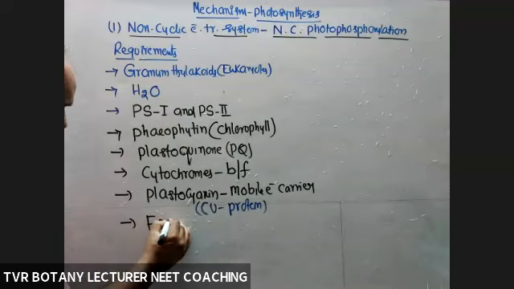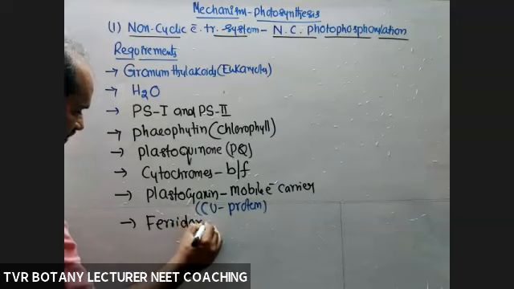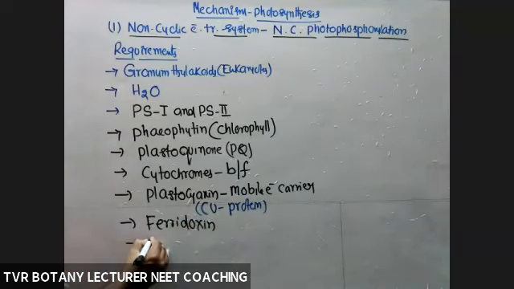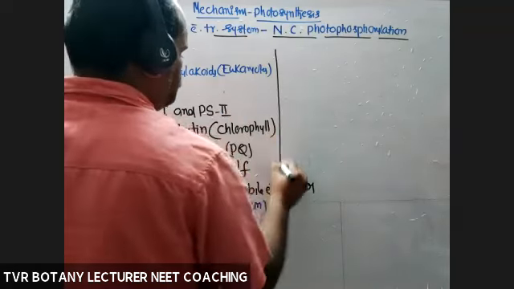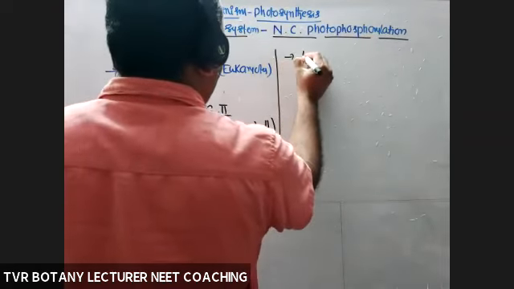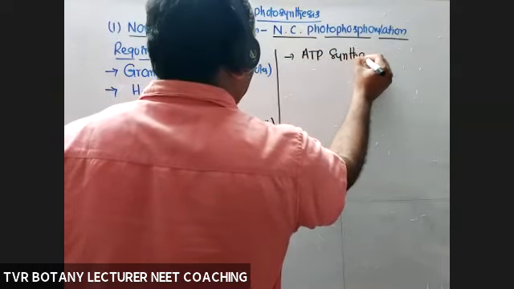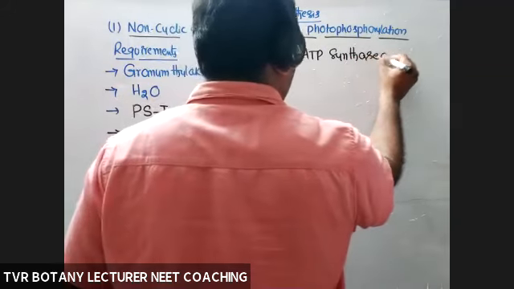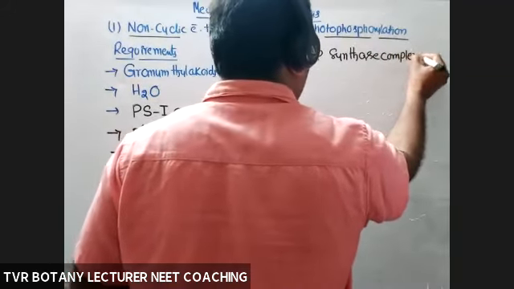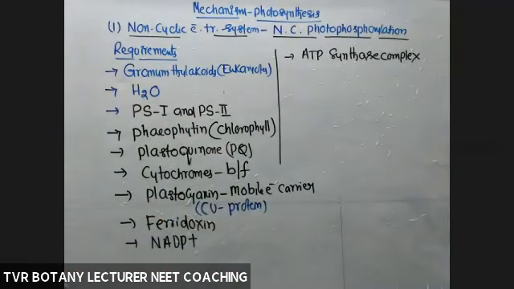Next, pyridoxine. Next, NADP plus. Next, ATP synthase complex. Okay, so these are the basic requirements to understand the mechanism of the light reaction electron transport system,